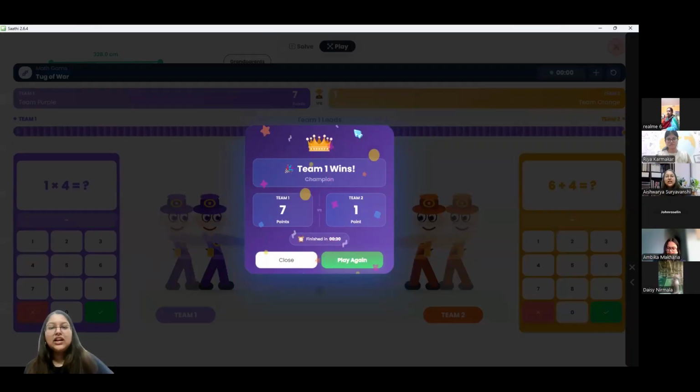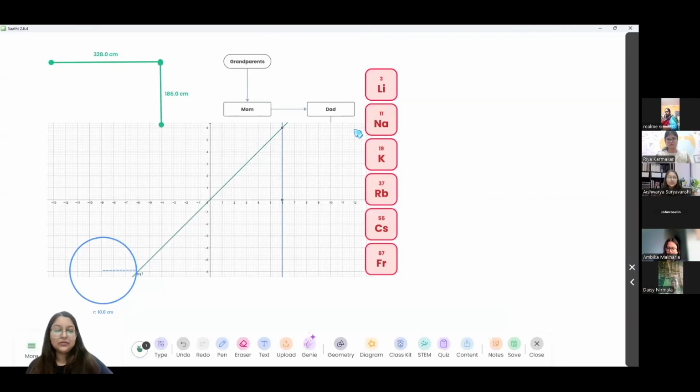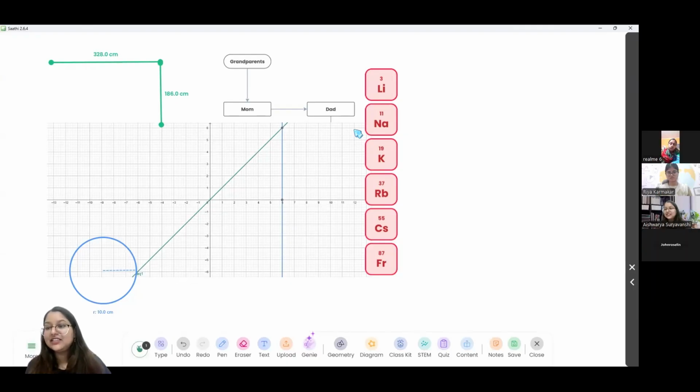You can also ask different students to come on the screen and do it. So if your students are super anxious while you're about to start a particular class or a session, this is a great way to break the ice in the class and make them a little bit more confident, with a nice anxiety relieving activity in the class. So this can be done.